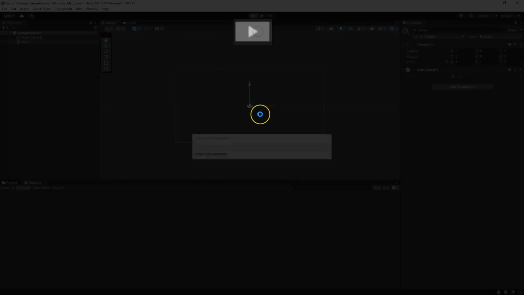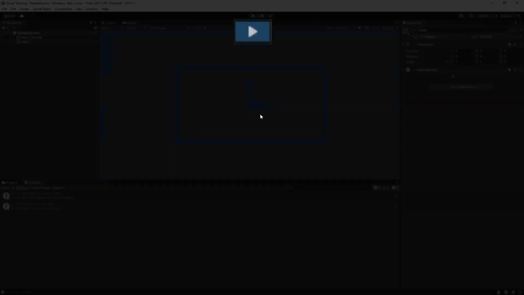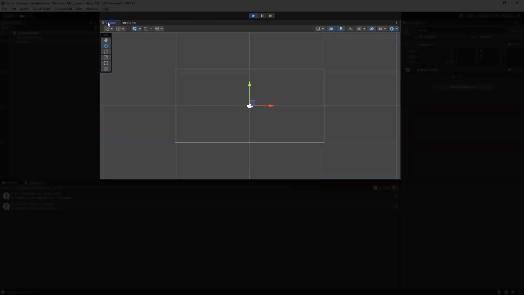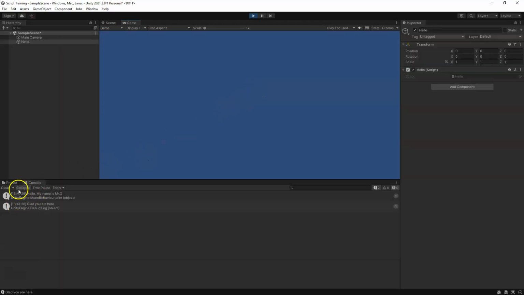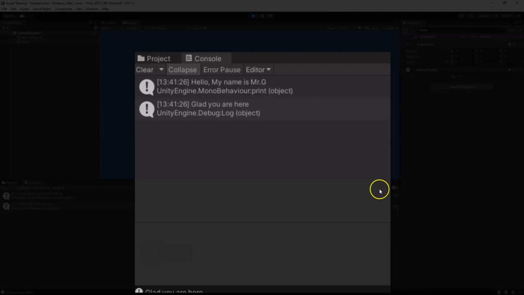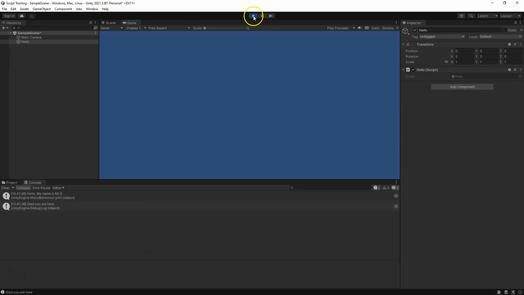So now if I click play, you'll see it switches from my scene view to the game view. There's not really anything to visually see, but inside of the console, I get 2 messages, right? The first one, hello, my name is Mr. G, and I am glad you are here, right? So really simple, but this is just kind of jumping in to write our first little script,